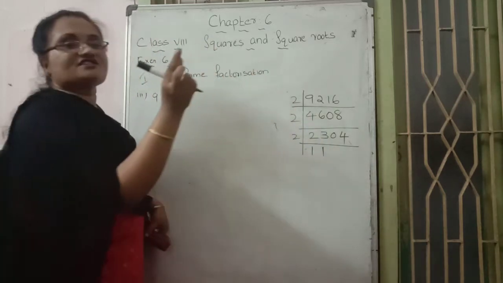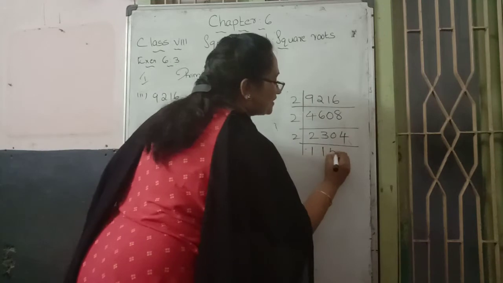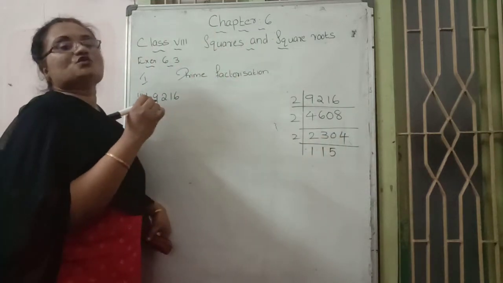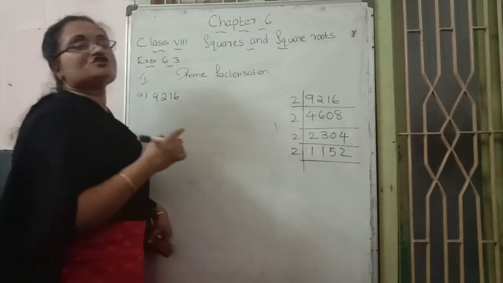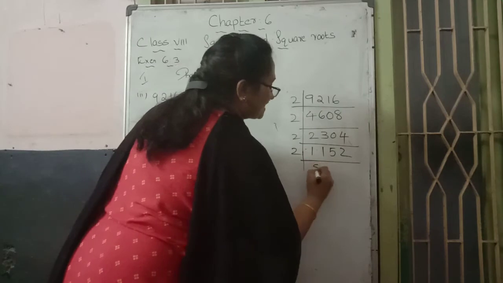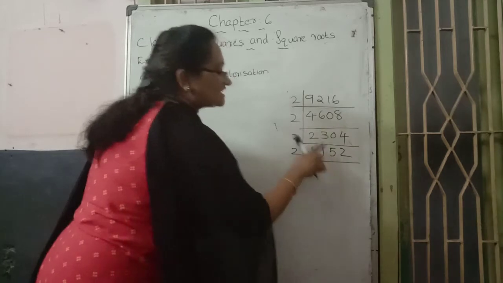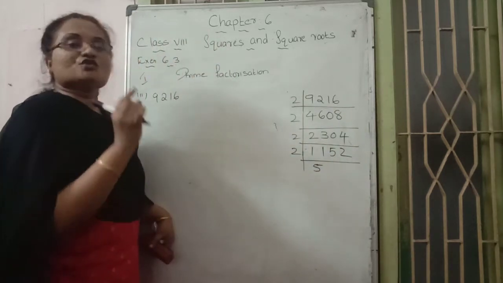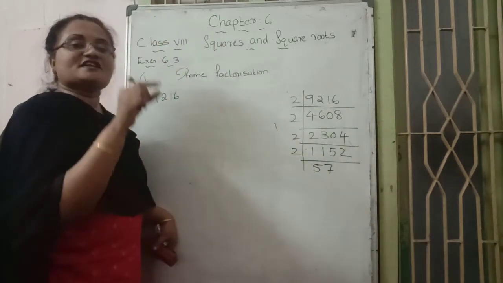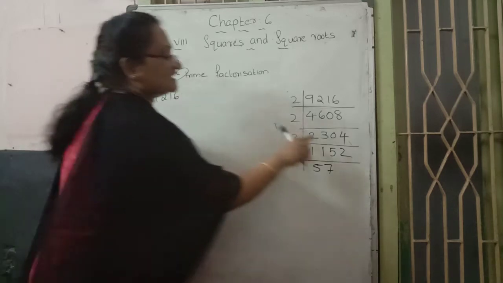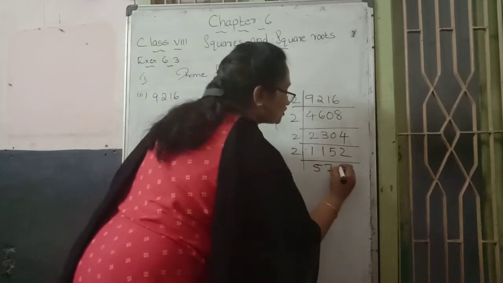1 and the next number right beside it: 1 and 0 together read as 10. 2 table 10, 5 times. Next number 4. 2 table 4, 2 times. Again we can continue with which prime number? 2. Why? Because the unit place is 2. 2 table 11, 5 times. 2 fives are 10, 11 and 10 subtraction, doing 1, and the next number 5 joining, 15. 2 table 15 is not there, nearest answer 2 sevens are 14. So 15 minus 14 becomes remainder 1, and the last number take and read together: 1 and 2 read together as 12. 2 table 12, 6 times.